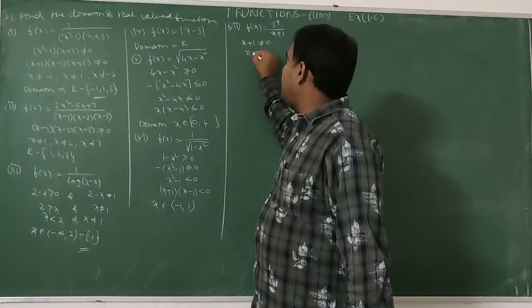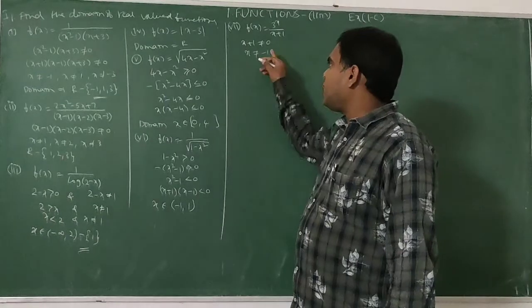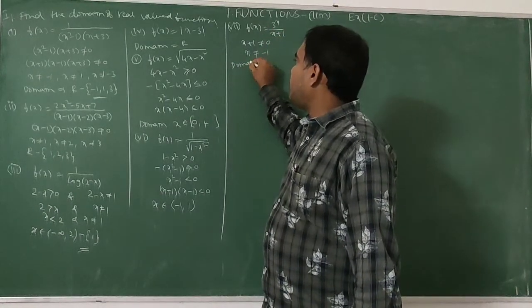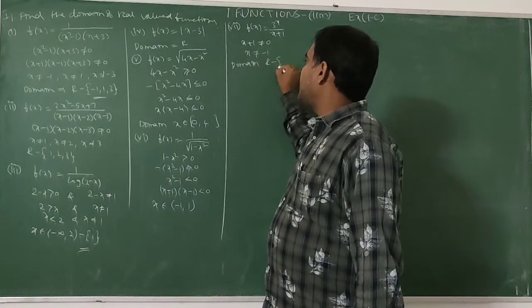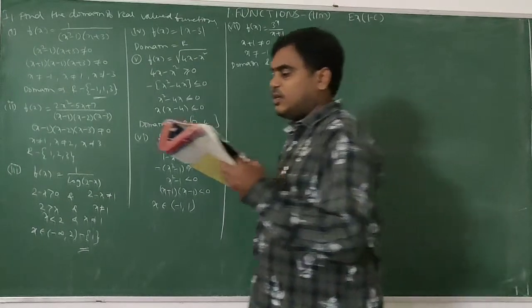So x is not equal to minus 1. At minus 1, this function does not exist. So for the domain, we are removing minus 1 from the real numbers set: R minus the singleton set {minus 1}. Next,